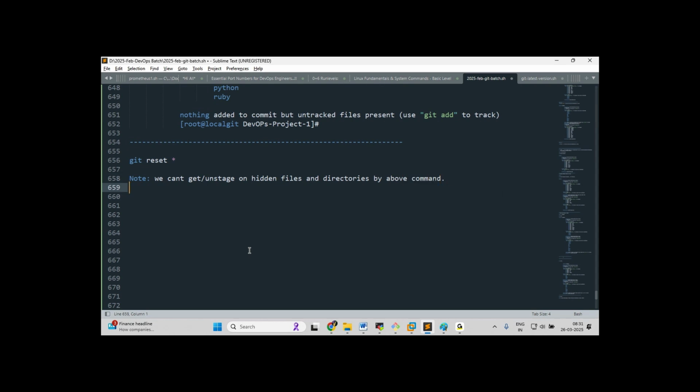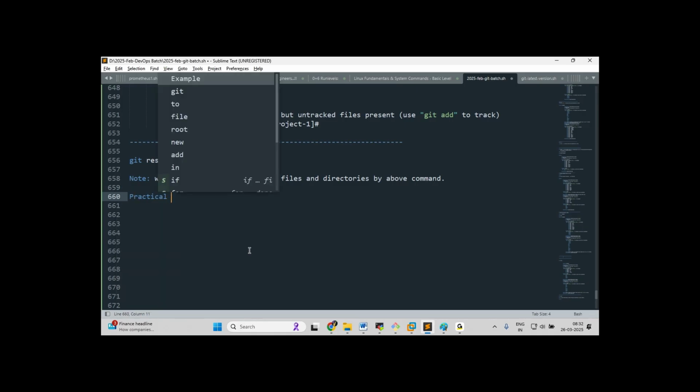It won't work on hidden files and hidden directories. We can't unstage them. For a practical example,